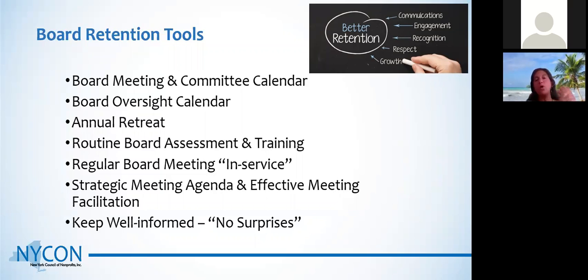Put together a board oversight calendar so that you know on an annual basis what the board needs to do in January, February, March. What do the committees need to do? So that essentially you know when you need to prepare your annual budget, when you need to prepare for your audit, when you need to prepare for board nominations, when you need to prepare for your annual meeting or your membership meeting. So put together a calendar with those major organizational activities and share that. That can be part of your manual, and can be monitored at every board meeting, so that everybody's focused on moving forward.